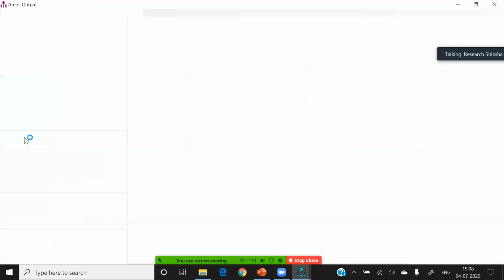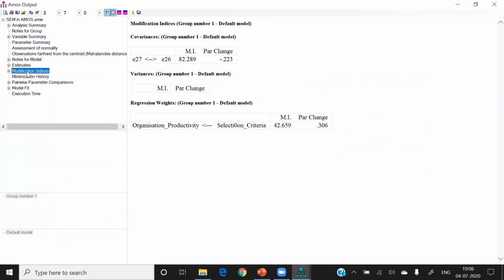If you see the modification indices, this is the only recommendation: if you add 26 and 27, the chi-square value reduces by 82 and the parameter change is 0.223. But ideally we cannot join these two errors. So there is no possibility of modifying the model.